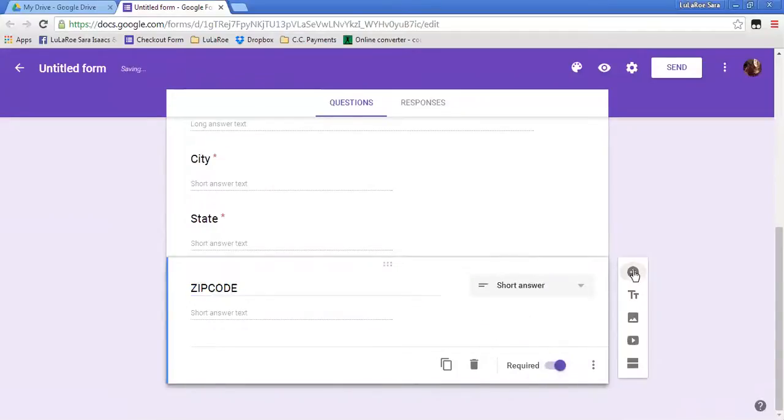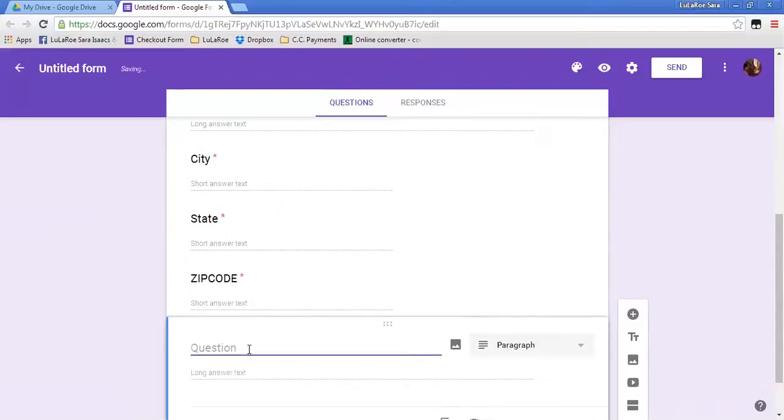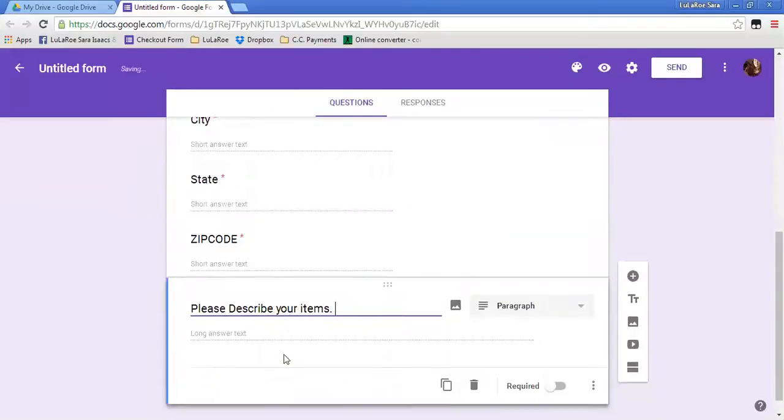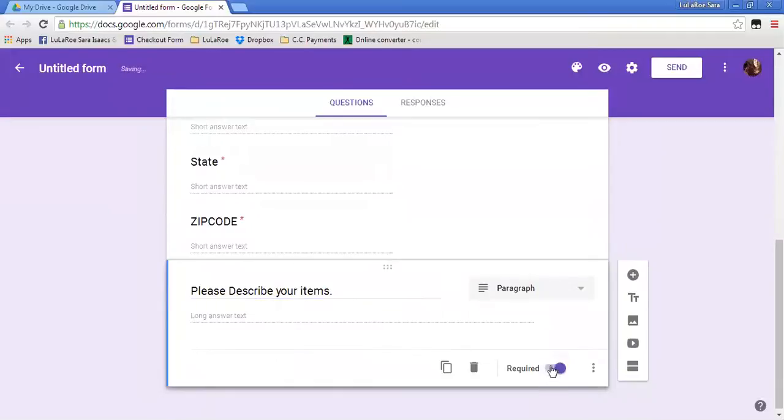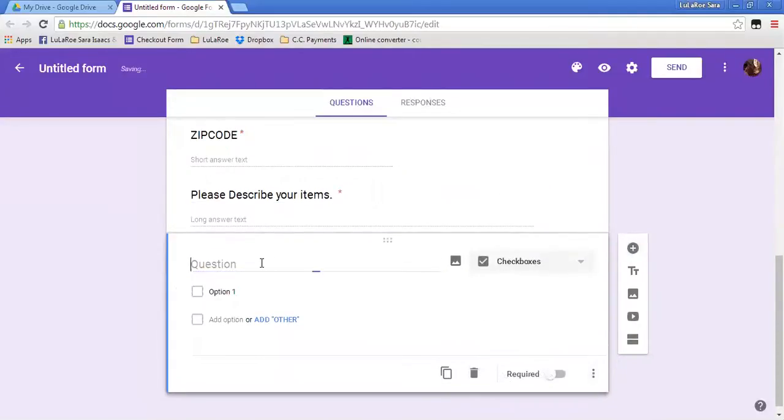Okay, next, let's do a long answer, so a paragraph, and say, please describe your items. Then they can describe their items here. All right, I like to put care instructions, so I do the check boxes. That's not how you spell that. All right, care instructions, and then